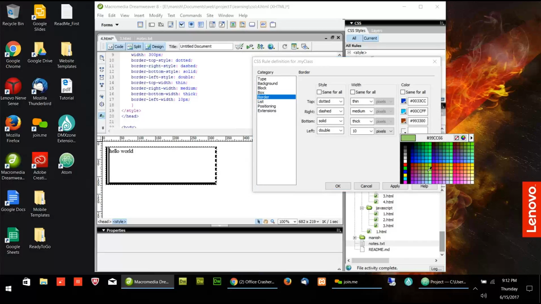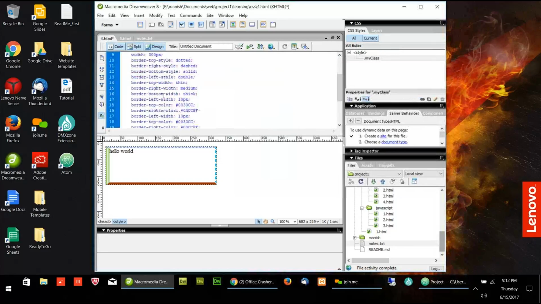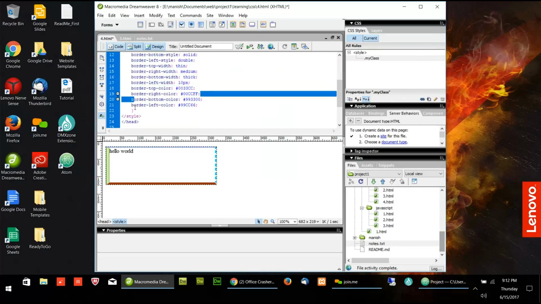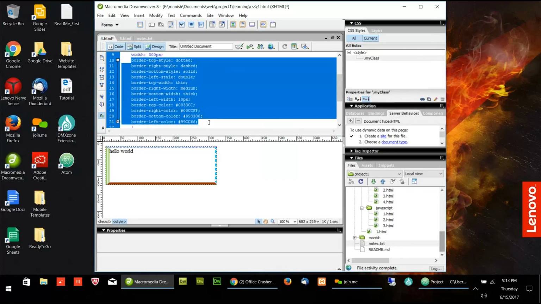Whatever color you want to give, just give and click apply. The different color is applied to all the borders. And if you see the code, it is saying border top color, border right color, border bottom color, and border left color. So this style of the code should be written only when you have different styles or different width to each side.